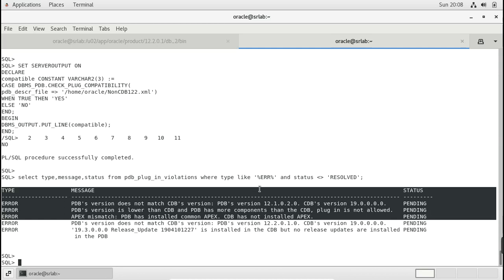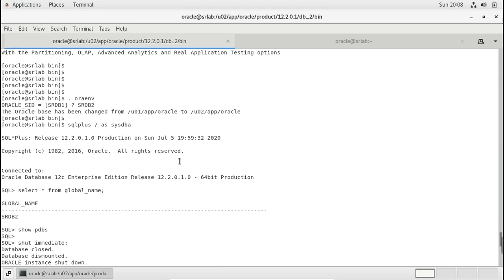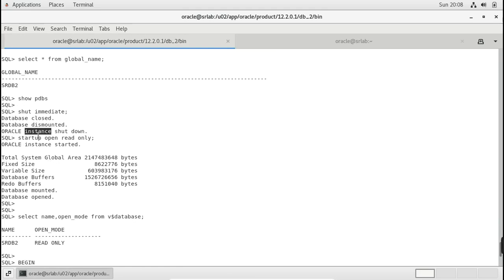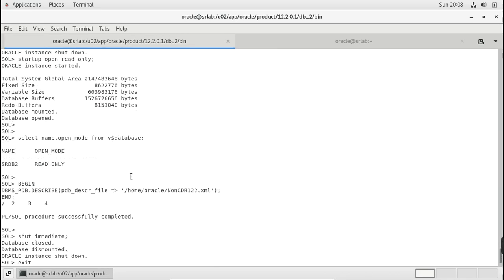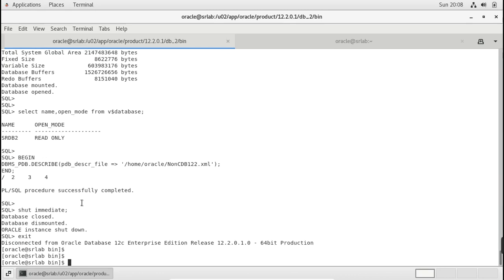So we can ignore this database, and I did it on another database, 12.2 R1. I connected to 12.2 R1 and checked SRDB2, and I did a clean shutdown. Then I did startup open read only and checked the version, database name, and open mode. Again I described that PDB manifest file that I created, and then I shut down the database immediately.